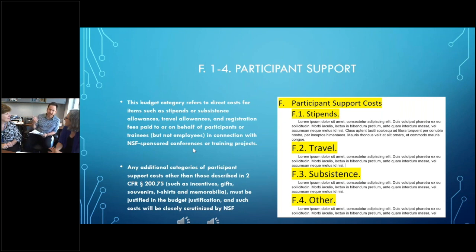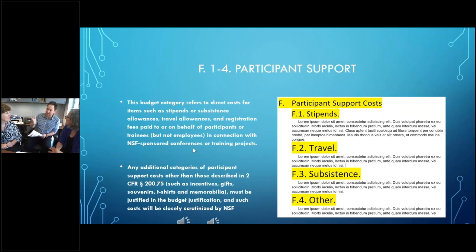We want everything to be itemized. We want it to be very descriptive, but not over the top. The budget justification is not an essay. It's not a term paper. It is a five-page maximum. Exactly. Don't try to use the period trick to make everything bigger. That doesn't matter here. We want everything to just be